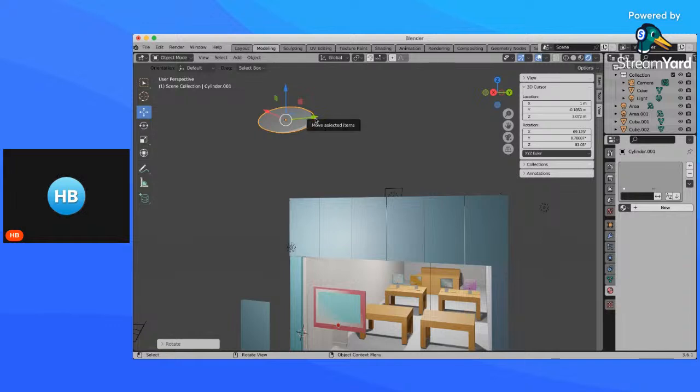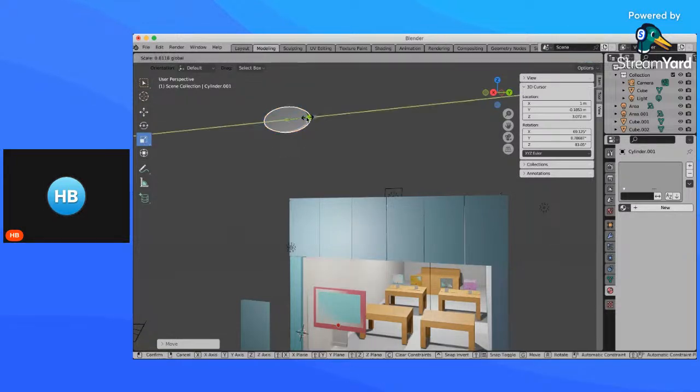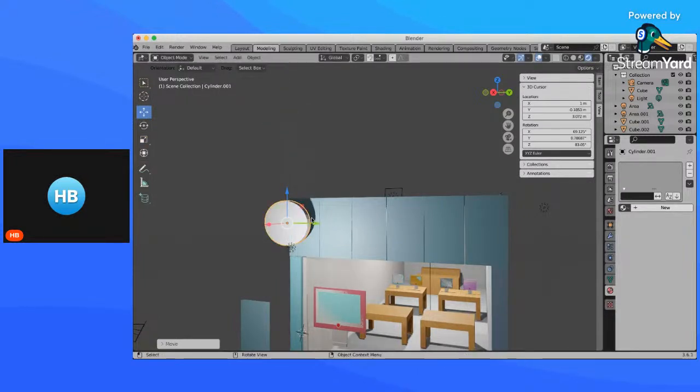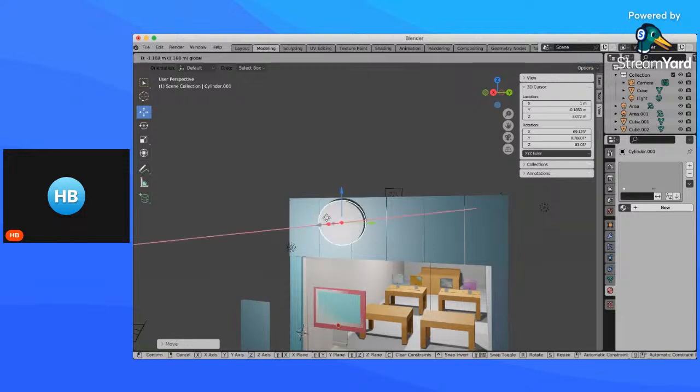All right. Want to make it a little wider and a little taller. Okay. So, on